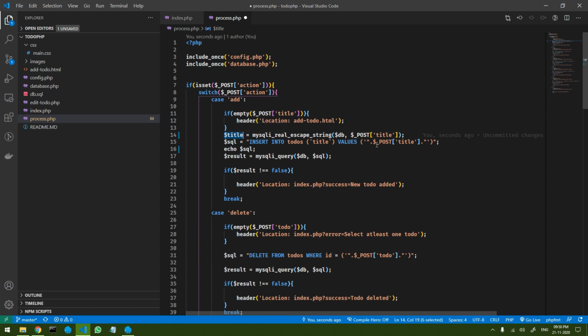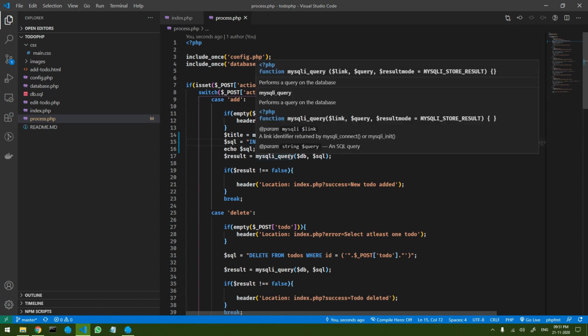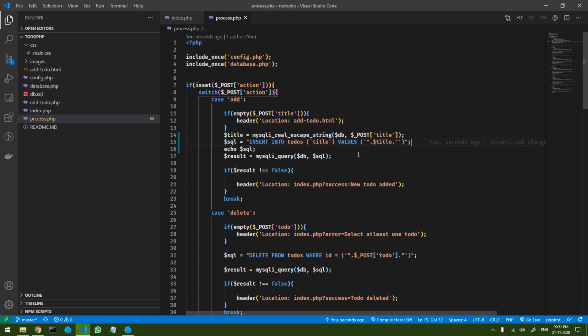Let's use that at this place. Perfect. So now our query is sanitized. Similarly, I have to do the same thing in all the other places wherever something is coming from the user, and sanitize it before use. Let me quickly complete this and come back.